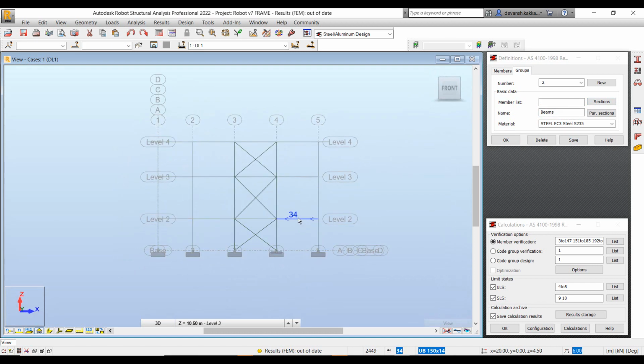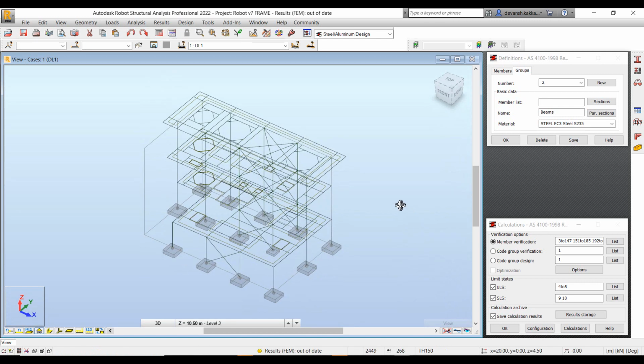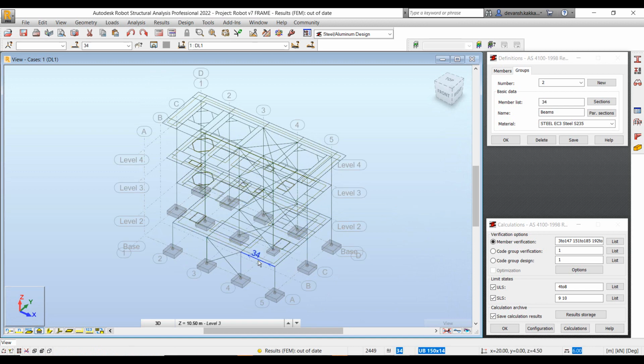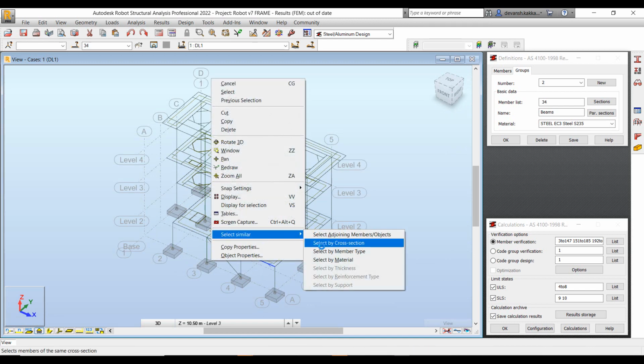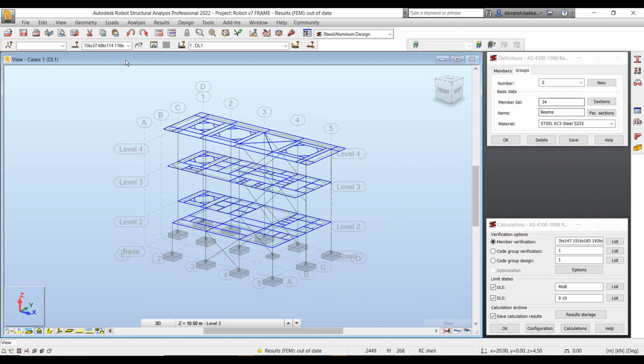Again, we can select all the beams having a common cross-section property. It will highlight all my floor beams in that particular instance. Then we can just quickly copy and paste the beam list into the member list for the group, and then we can save the second group as well.